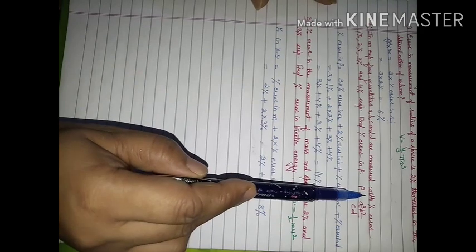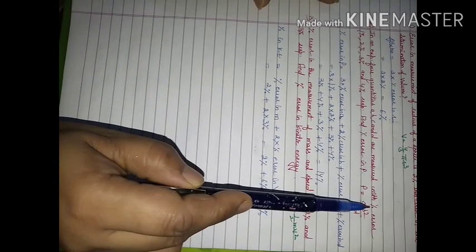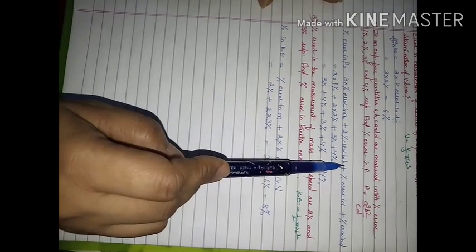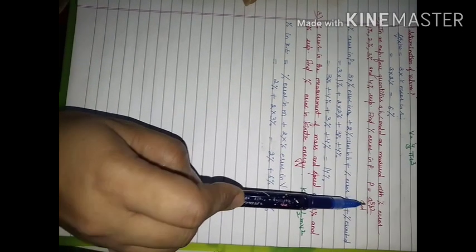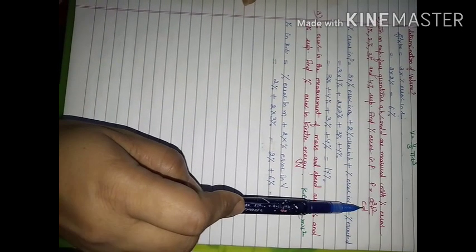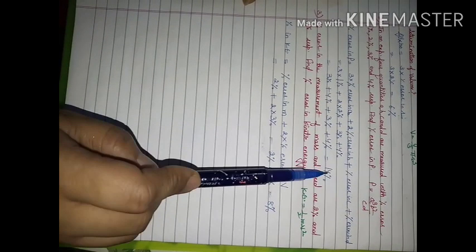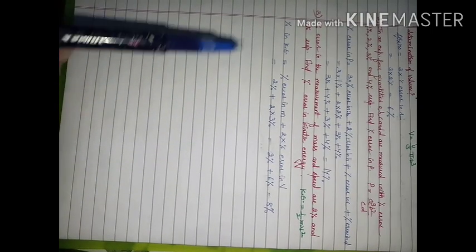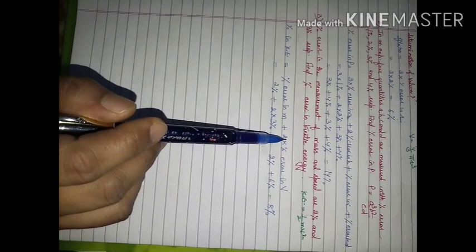If the expression is given and percentage errors in A, B, C, D are given to you, and the percentage error in X is asked, then the percentage error will be 3 times the percentage error in A plus 2 times the percentage error in B plus 1 time the percentage error in C and plus 1 time the percentage error in D. So you put in the values and you will be able to get the answer. This is according to 1 mark. If such a question comes, there is no need to go for very big calculations or write all the steps.